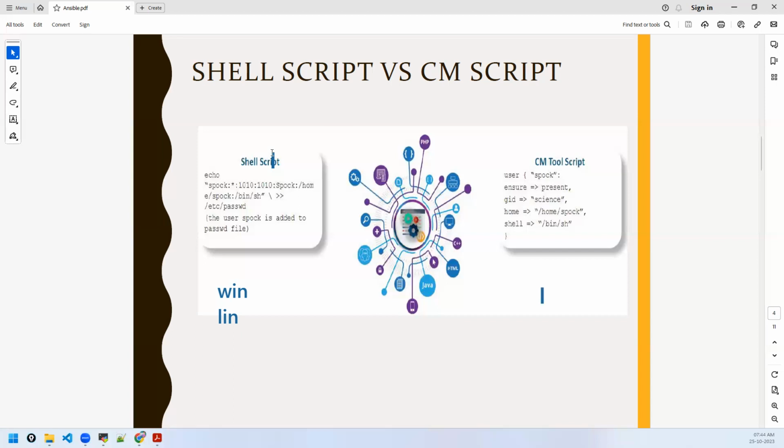Once configuration management tool scripts came in, shell scripts became almost obsolete. Nowadays we are not depending on shell script. Do you remember we have used shell scripts in our CI/CD pipelines to install Git, to install Java and all. But now we will be using Ansible to do that, which is very much effective. We will not write a shell script that way. So configuration management tool scripts can replace those shell scripts, whichever we have used to configure our servers in the pipeline or wherever it is, right?